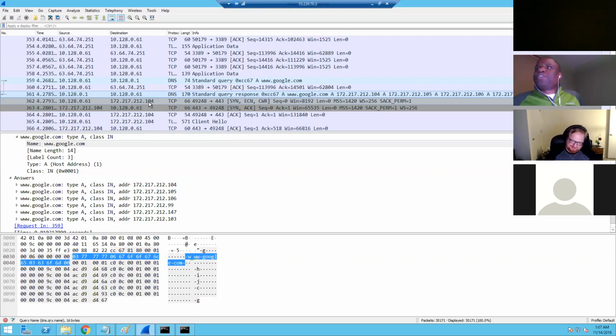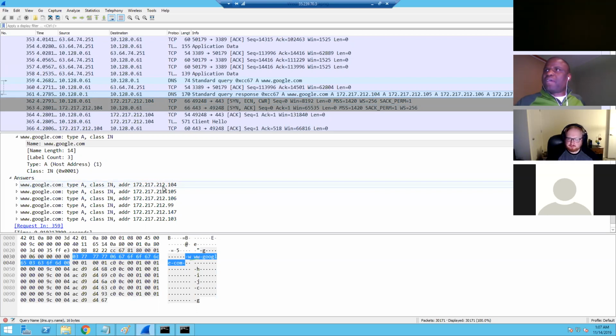But I don't know, because the domain name is for human beings. Google.com is for human beings. Yahoo is for human beings. Machines don't know that. So anytime you browse a domain name, your machine is going to ask a DNS server, say, DNS, do you know the IP address? Once the DNS server provides the IP address, as in this case now, you can see on 362, my machine